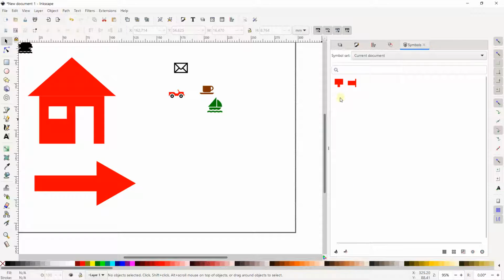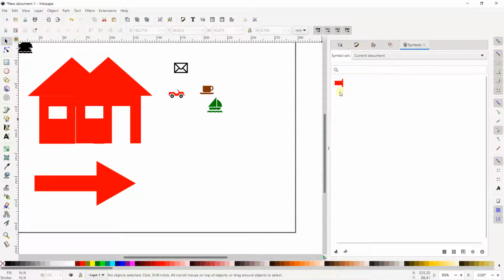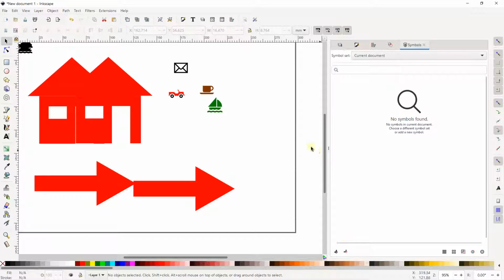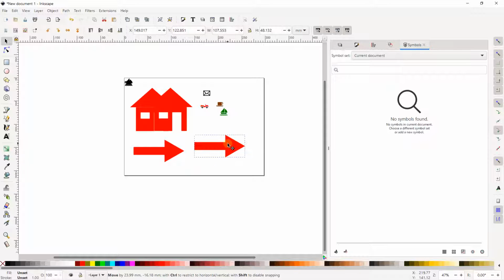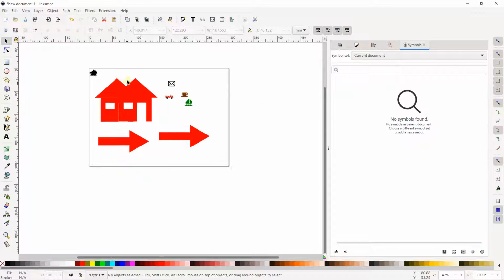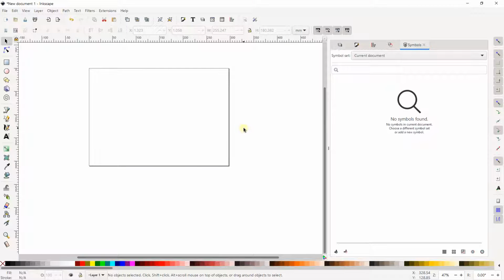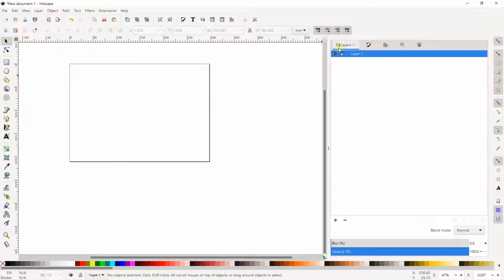So we are going to stop with symbols. It was just a small video to show you that you can create a symbol and after you can reuse the symbol. When you remove a symbol, automatically one symbol appears here to be sure that if you make a mistake, you can recuperate your symbol. It's the only thing to know about this. It's just to show you that you can use this for logo design. It can be useful. You also have a library of symbols, so it can be really interesting.